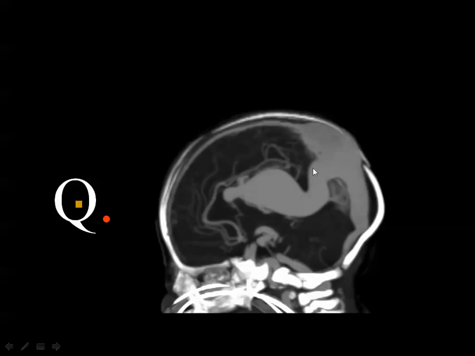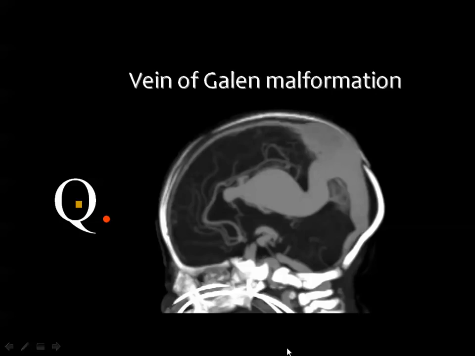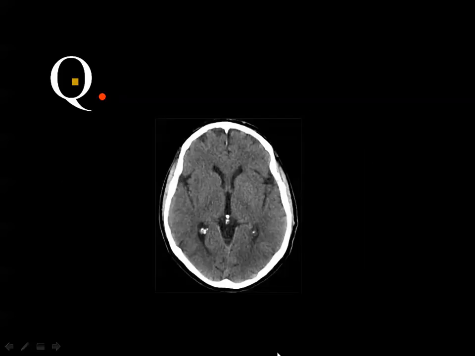So this is a CT venogram of the brain showing the vein of Galen malformation with aneurysmal dilatation and drainage to the straight sinus, then to the superior sagittal sinus, the same abnormality we have seen a moment ago. Then axial CT scan of the brain, soft tissue window,